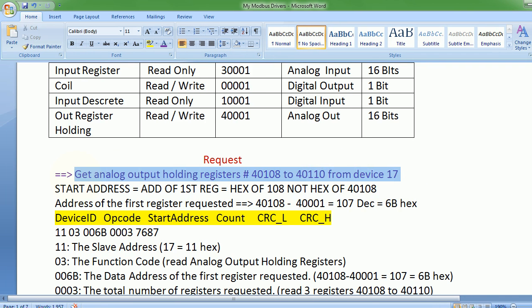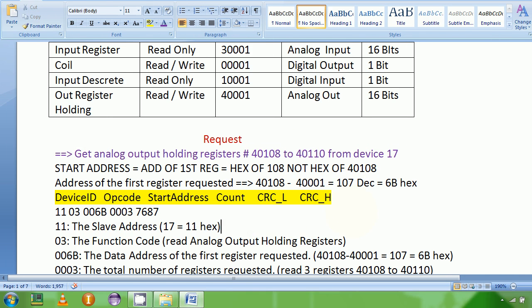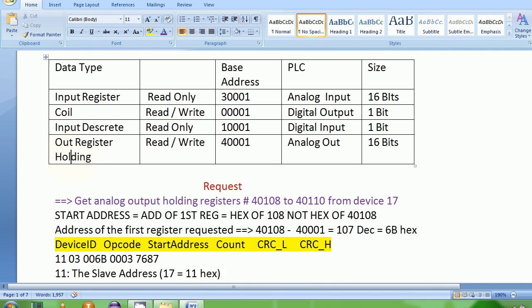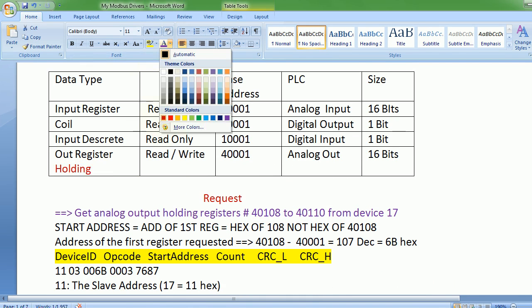This is in decimal, and we'll have to convert it into hex, and we also have to write the corresponding Modbus packet for it. So the start address is this number 40108. And like I said, every time you see holding registers, where are holding registers? It's here. Every time you see a holding register